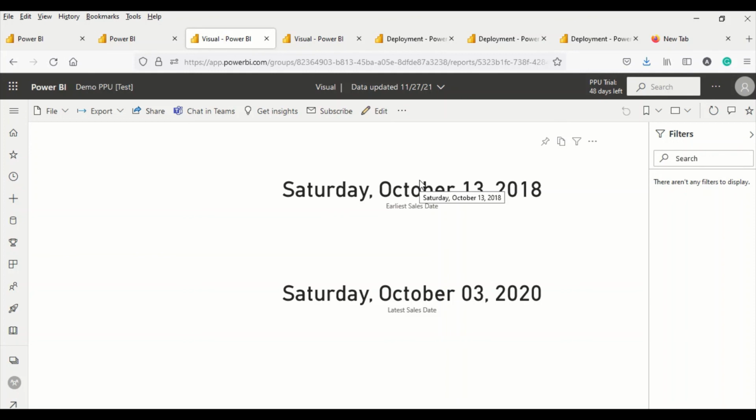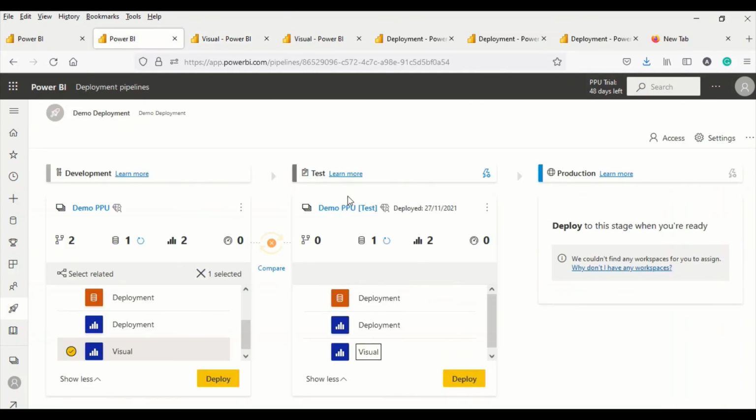So you can have test and you can have one more pipeline. So basically you have options for production, test, and development. So development, test, and production. I can further say deploy, and it will create another premium workspace for me, which is going to be for production. So this is how you do the deployment of the pipeline. And there are optional steps. Sometimes it is not necessary you create test. You can only have development and production.